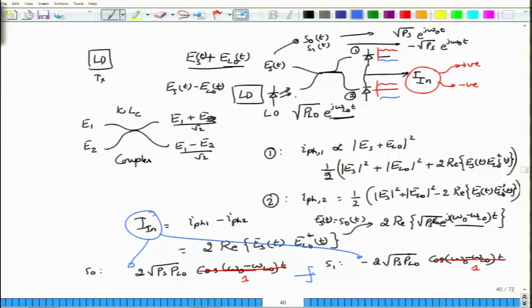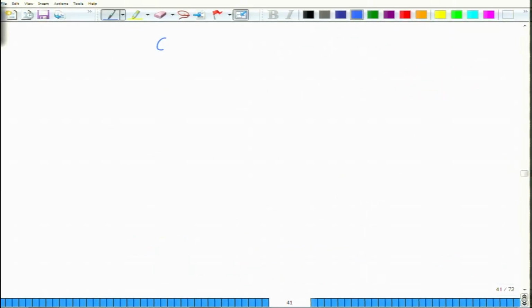Now, if you were to put just a threshold of 0 here, I have not considered noises here, therefore I am putting a threshold 0 here. If my current happens to be greater than 0, then I know that I have transmitted bit 0. If it is less than 0, then I know that I have received bit 1. So in this way, what I have done is to actually receive the signals in the form of a coherent receiver or coherent detection, in which I have also assumed that omega LO is equal to omega 0.